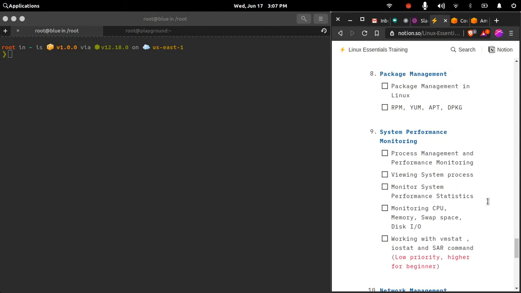On the different distributions, like the Red Hat based distribution or the Debian based distribution, you have package managers, and these are RPM, Yum, APT and dpkg. RPM and Yum are present on CentOS or Red Hat based systems, and on Debian systems you get APT or dpkg, the Debian package manager.